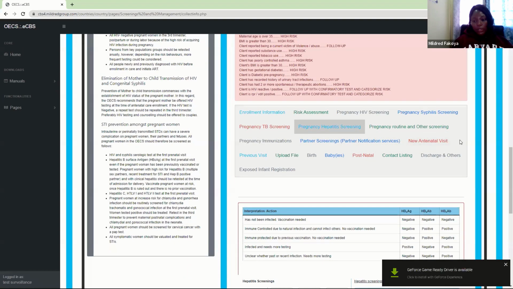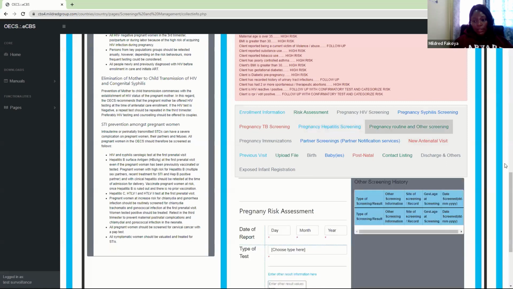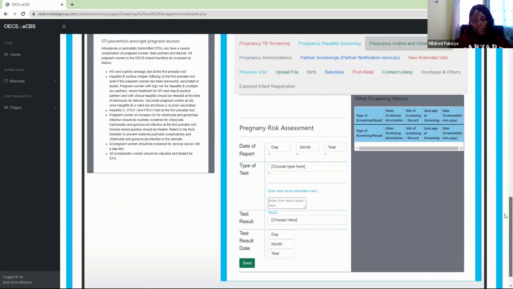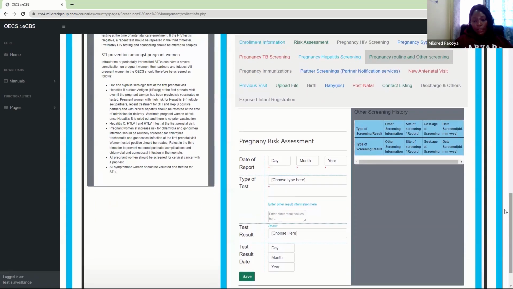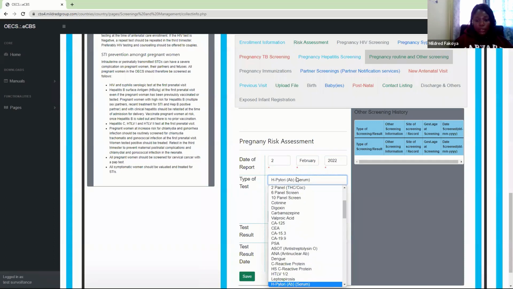Now we want to do the pregnancy routine and other screenings. She doesn't know her genotype. We need to know her genotype, and we are going to screen her. We're going to do HB electrophoresis. So we're going to do this HB,